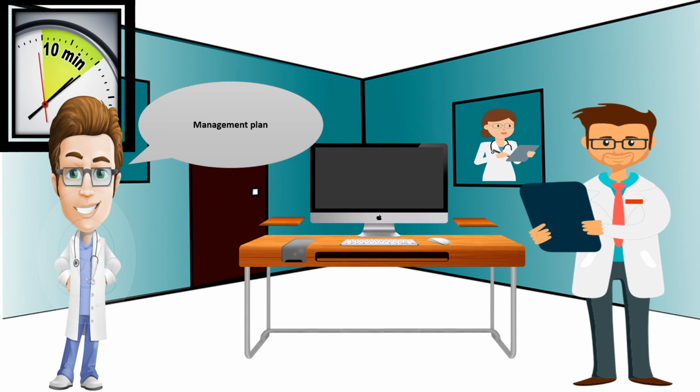For the investigations, you will mention that you want to do hearing and visual assessment, thyroid function tests, molecular genetic testing for the Fragile X, and metabolic screen. Plus, you want to do the IQ test and the developmental assessment. The examiner will ask you, what are your differential diagnoses? So you will mention that since the child is having developmental delay, I will put genetic disorders at the top